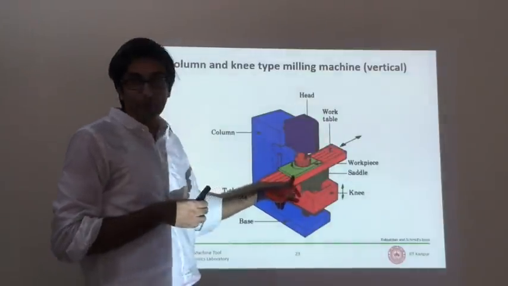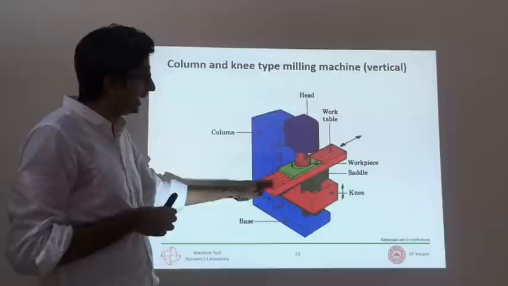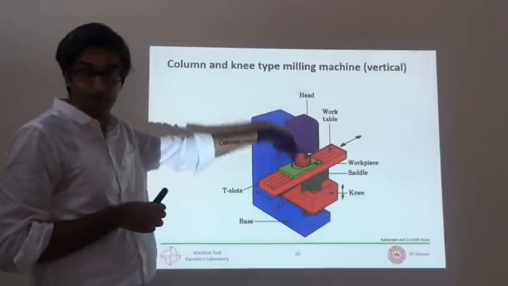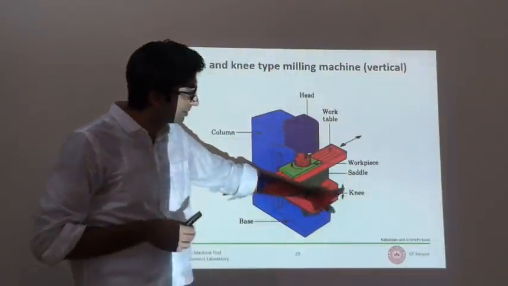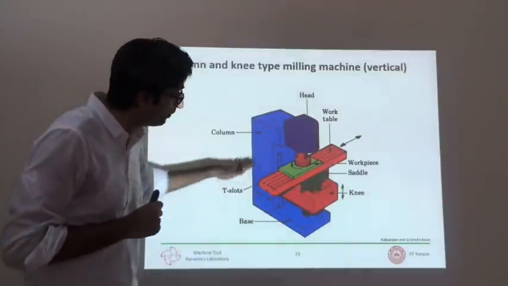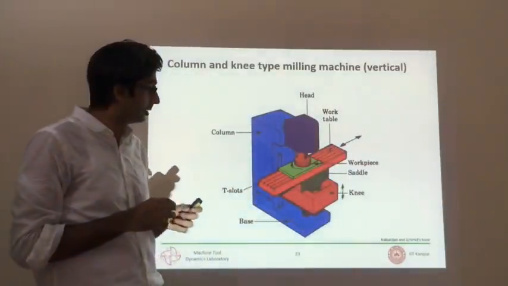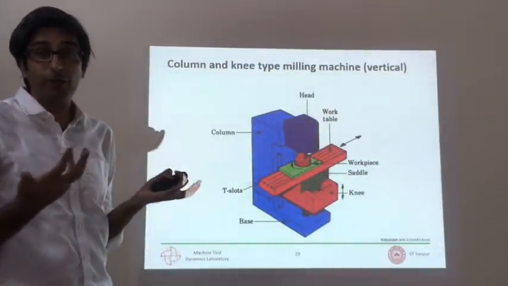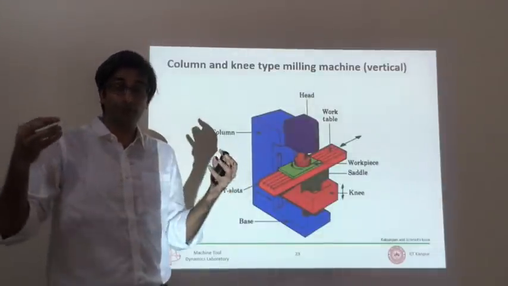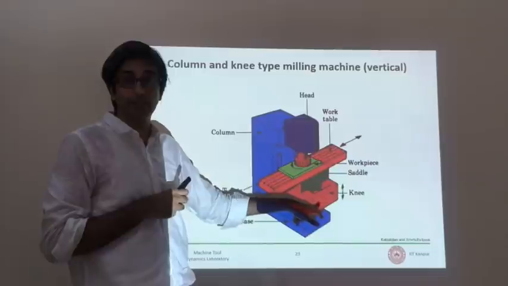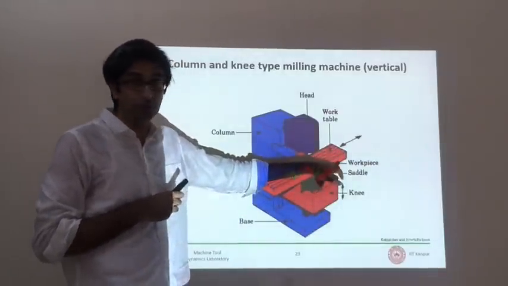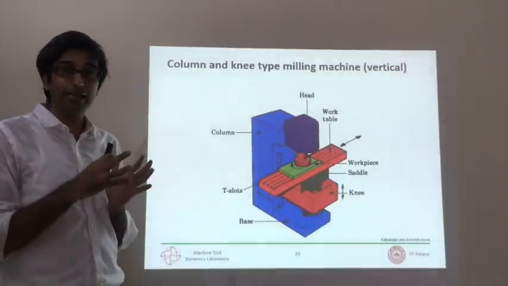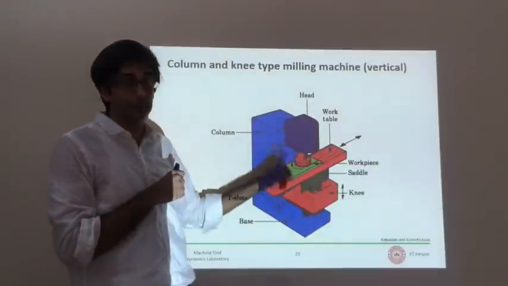The workpiece is again kept on that table. The table translates in plane as well as up and down. Now in this case, the z-axis is parallel to the tool, right? So the z-axis is the knee which moves up and down, and in plane is x and y. You can follow the right hand rule. So this is z, so this will be x, and in and out will be y. And that is all got again through a screw nut mechanism, where you have screws fixed between centers. The nut is connected to the knee or to the saddle or to the table, and it translates because the screws are rotating. The same kind of mechanism to get relative motion between the tool and the workpiece.